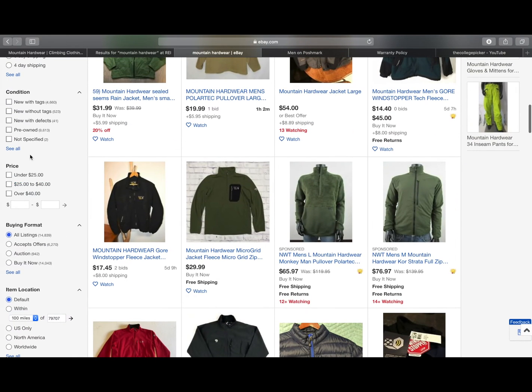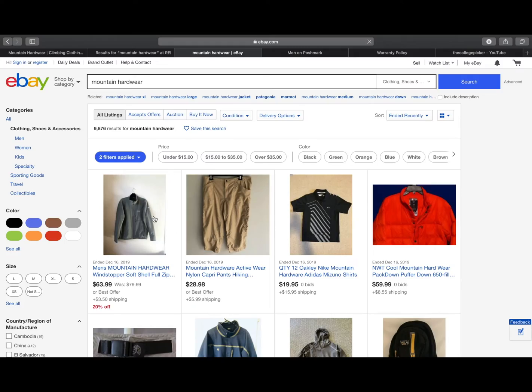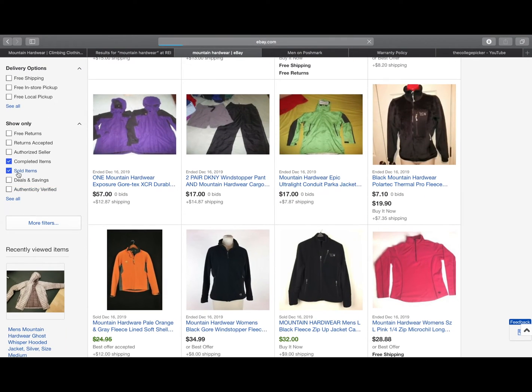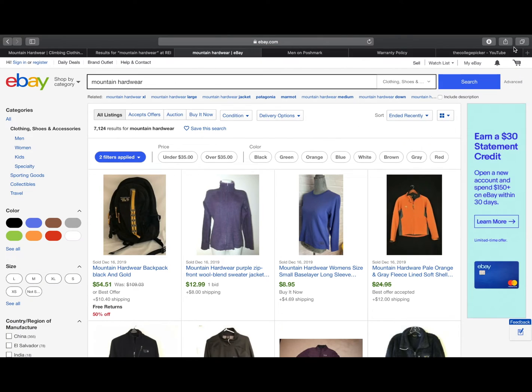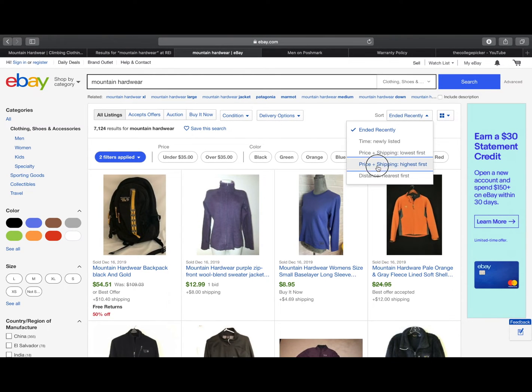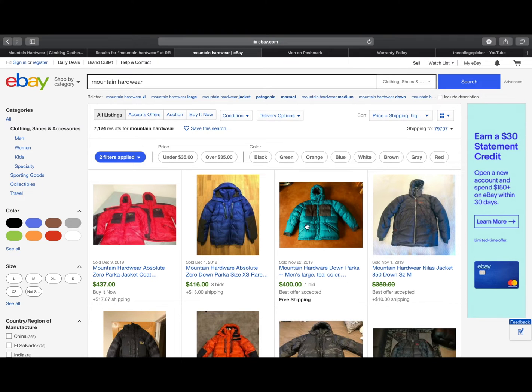If we go to used only, that brings us down to 9,000 active listings. Let's go to completed. Completed 9.8 thousand completed listings, and sold is 7.1 thousand. So it's about a 72% sell-through rate, which is pretty dang good. And if we go to price plus shipping, highest first, it's going to be some of these jackets, parkas,